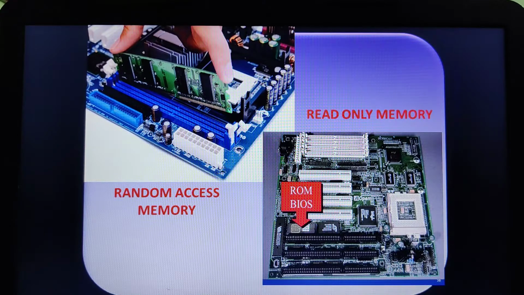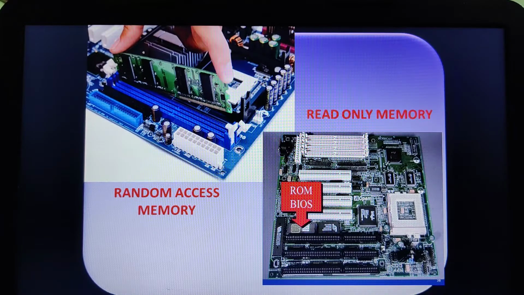That means the data transfer between the internal memory and the CPU is very fast. And we have discussed there are two kinds of memory: one is primary memory and the other is secondary memory. Secondary memory we are yet to discuss. We know that primary memory is also called the main memory, which usually stores the programs and data that are currently needed by the CPU for processing.